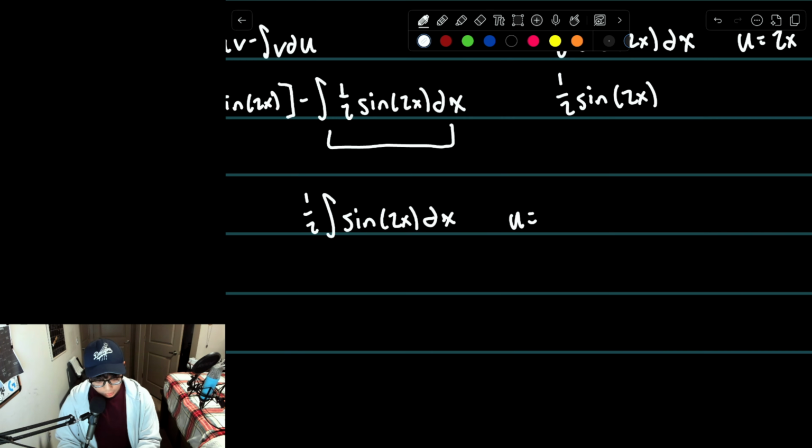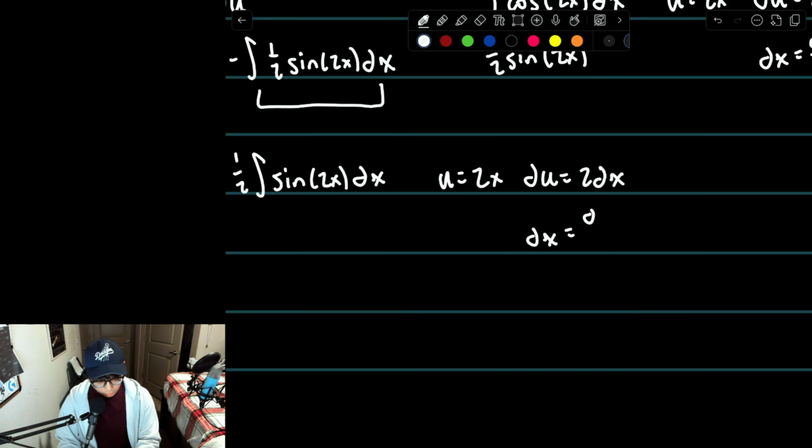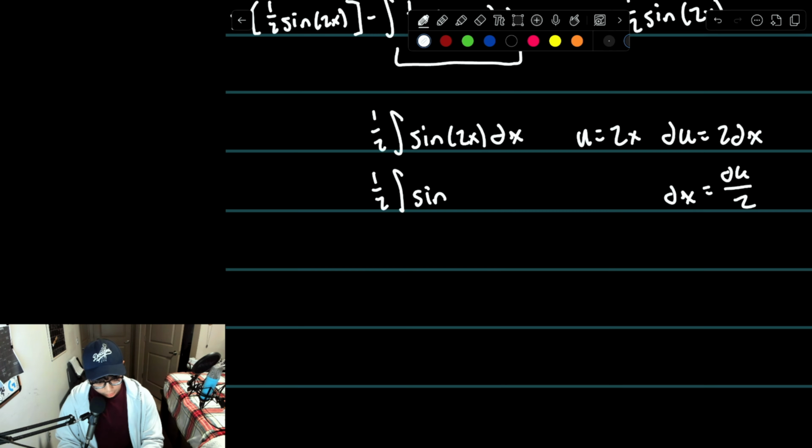Now let's make our u 2x, our du 2 dx, and our dx du over 2. Now we will replace our 2x with u and our dx with du over 2, which is basically the same as the constant 1/2 times du. So we could take that 1/2 outside the integrand and multiply it with the other 1/2, which gives us 1/4